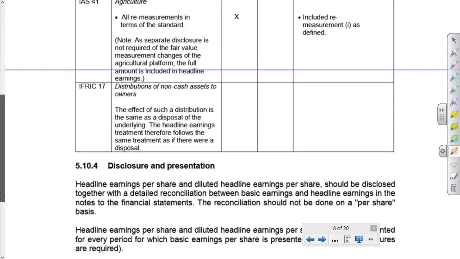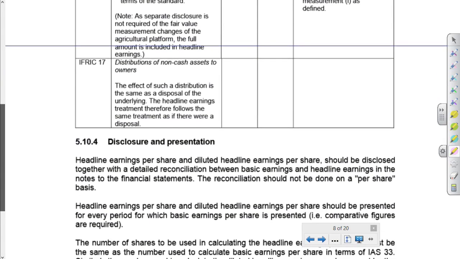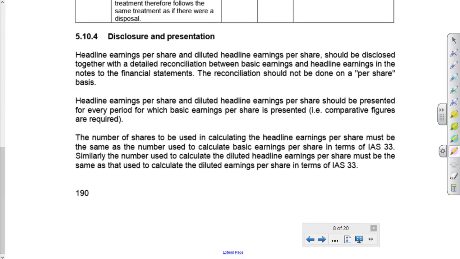41 is agriculture. IFRIC 17, distributions in joint ventures, I think, of non-cash assets to owners. Yeah? So what do you see as the trend? Capital items, isn't it? Capital items, remeasurements, write-offs, profits or losses on disposals, those kinds of things are the things that come out, isn't it? So headline earnings per share